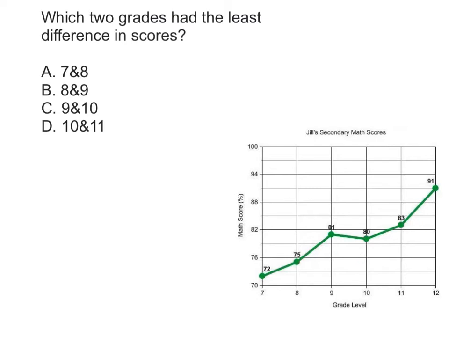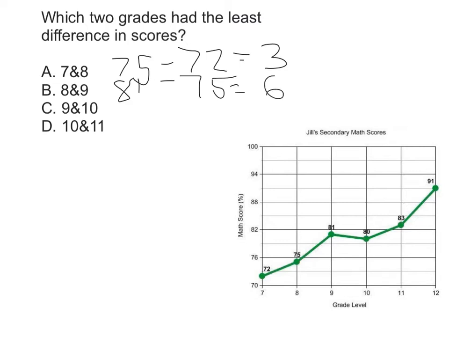So we've got 7 and 8. 7 is 72 and 8 is 75. So we would do 75 minus 72, and that would give us 3. Between 8 and 9, it was 81 minus 75, which would give us 6. So we already know B is incorrect because it's greater than 3. 9 and 10, we've got 81 minus 80, which gives us a difference of 1, so now